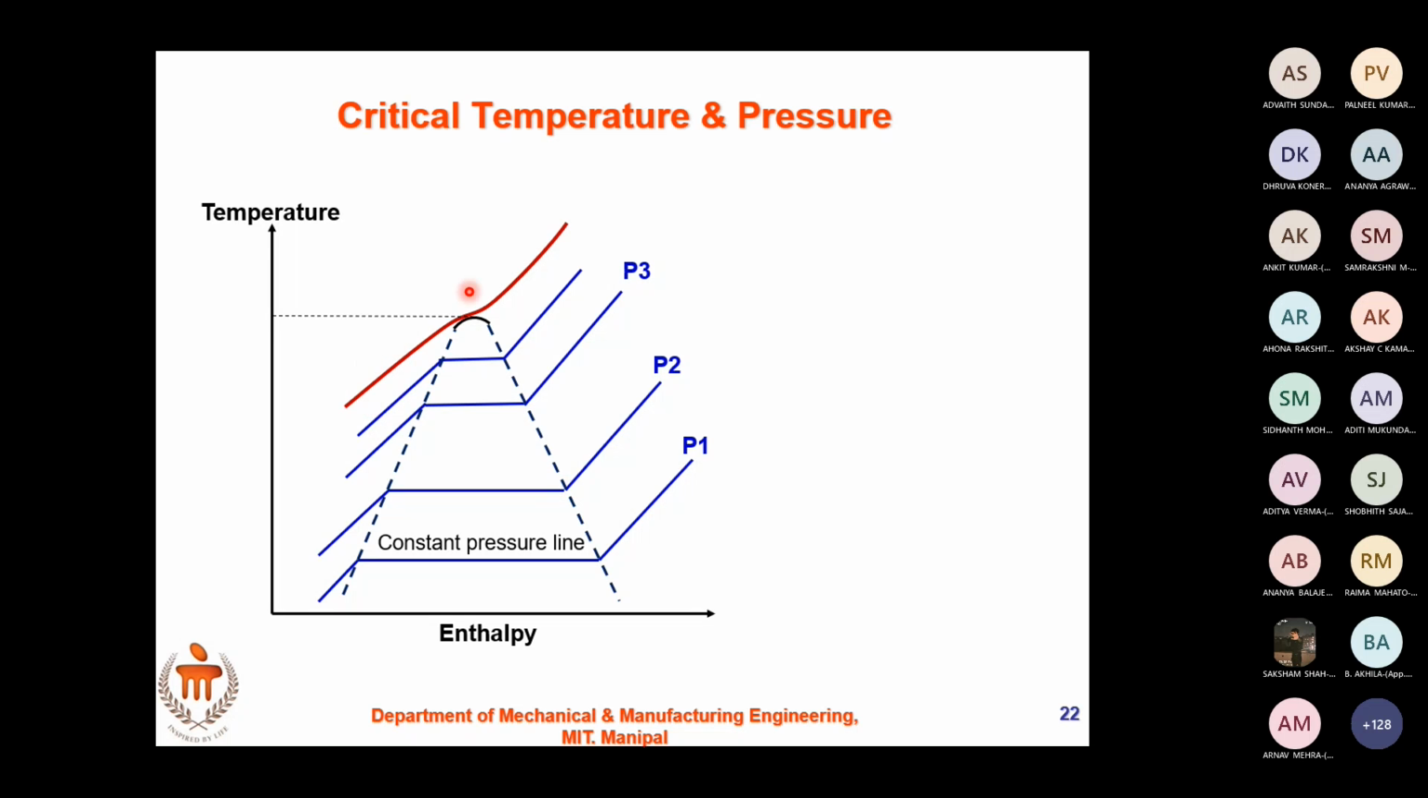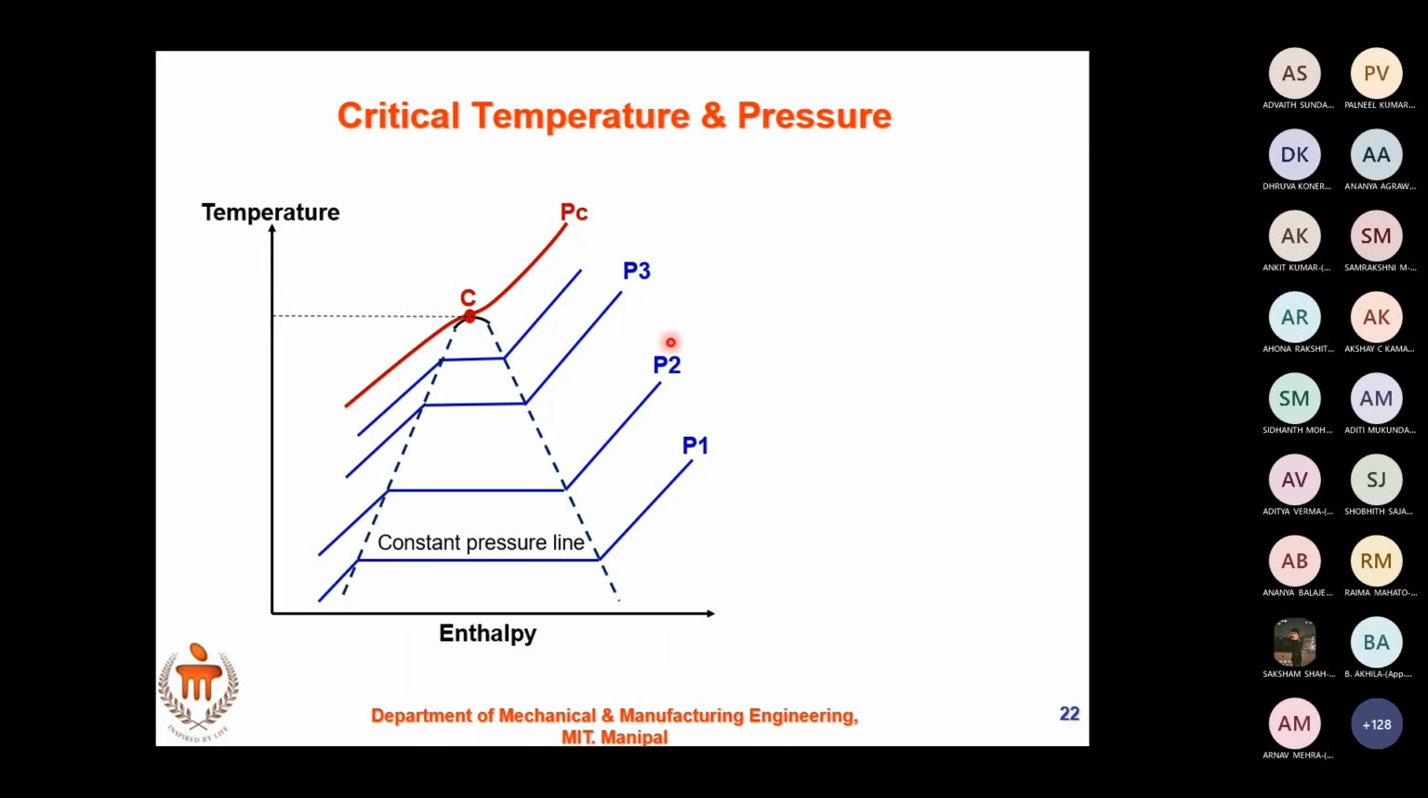Beyond a certain pressure, there is no latent heat required. What you see is my water getting directly converted to vapor. It's directly vaporizing; there is no latent heat part. So this point where these two meet is called the critical point. It is represented by C. This line, this isobar, is called